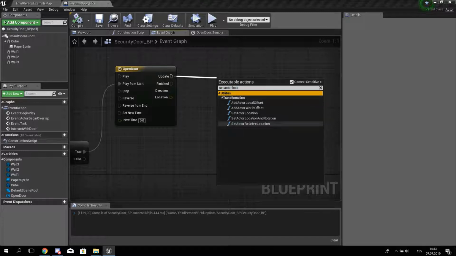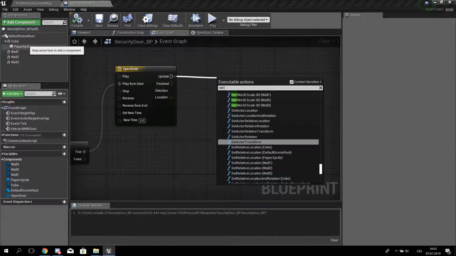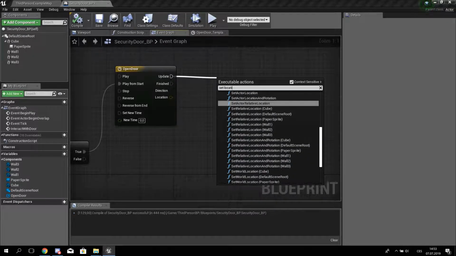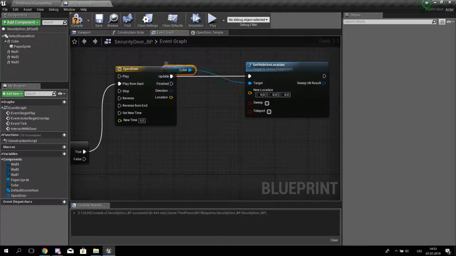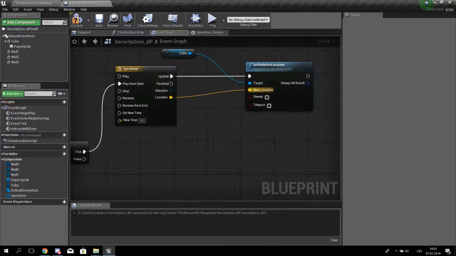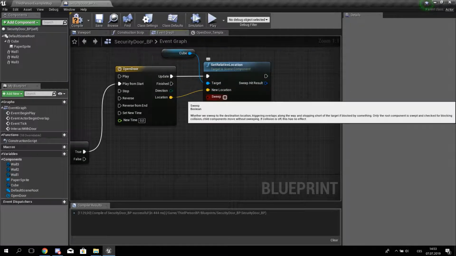And not set actor location. And what we should use is the set location and a set relative location to the cube. That's it. That's what we want. That's exactly what we want, and the location goes to the new location. Like this. And this should